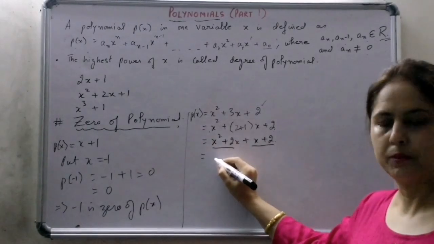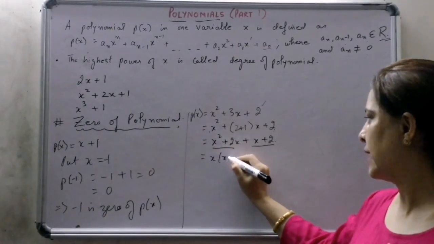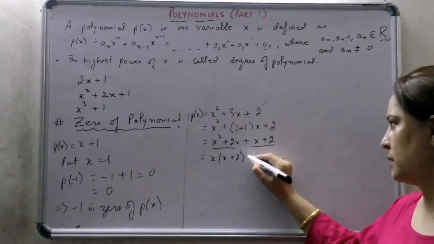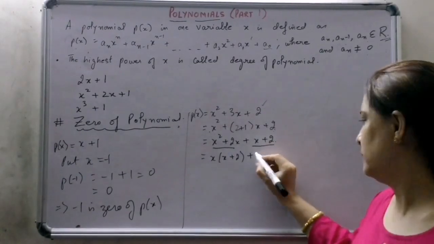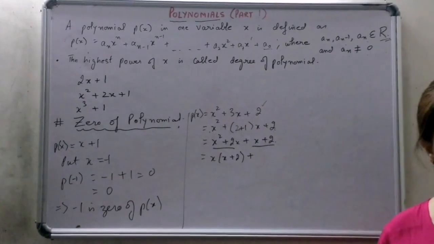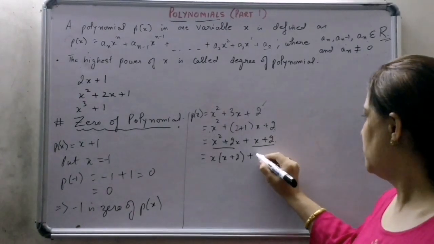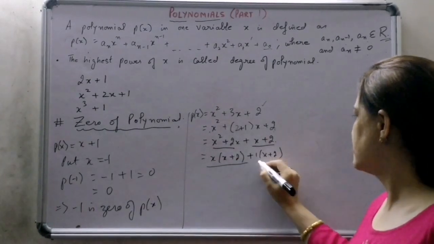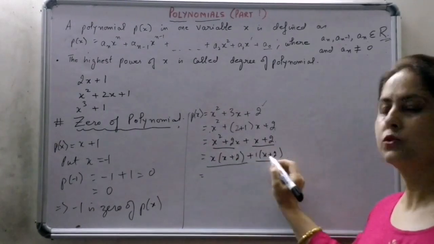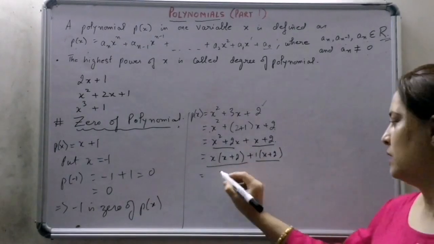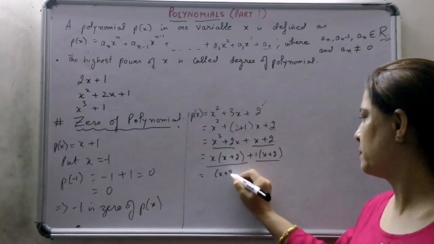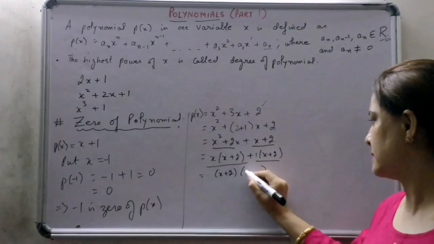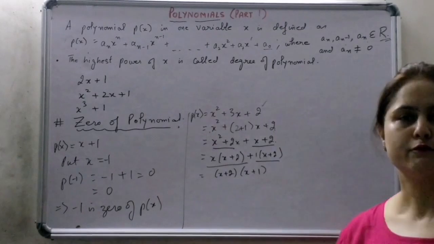In this step, we'll take out the common factor from the first 2 terms. x is common over here, we get x plus 2 in the bracket. In the next terms, nothing is common, it means 1 is common, since 1 is the identity element for multiplication and division. So this is x plus 2. The next step is, the bracket is common on either side of the plus sign, so this is one of the factors. And what is left will form the second bracket, that is x plus 1, which will be the second factor.